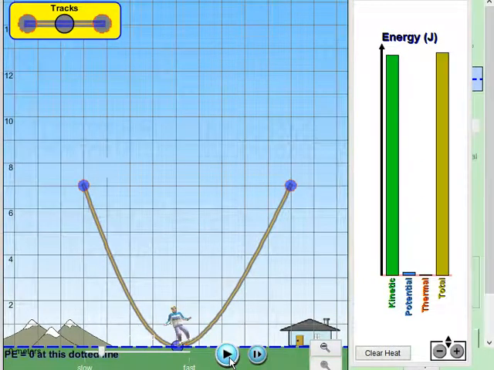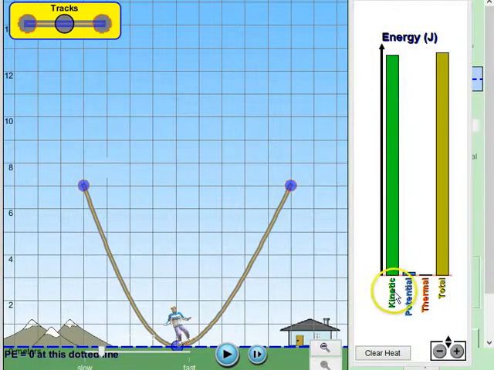Okay, I've paused it almost exactly at the bottom, and you can see that if I add up this green bar and this small blue bar, it will be equal to the yellow bar. And another important thing is that the yellow bar has not changed at all. It was at this point right from the beginning. So at the ground level, he's almost at the ground level. Let's assume that if he were at the ground level, this blue thing would be 0 and this green thing would have increased by that much amount.